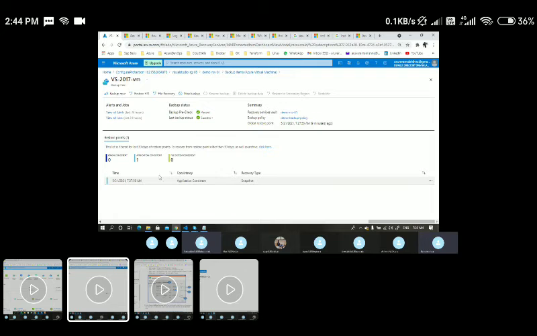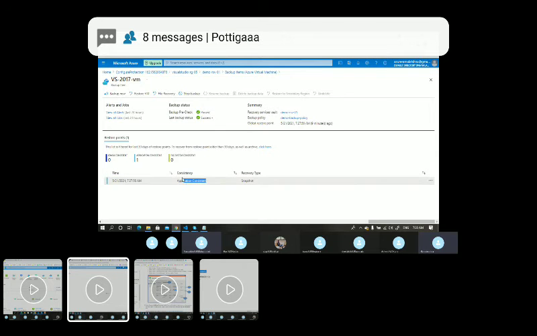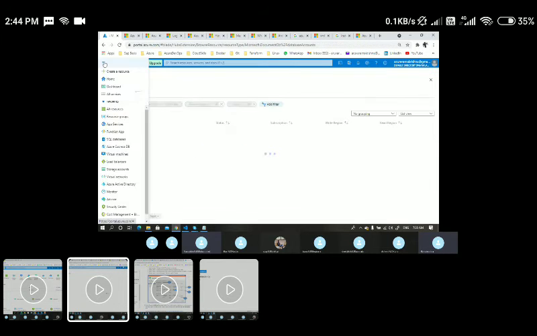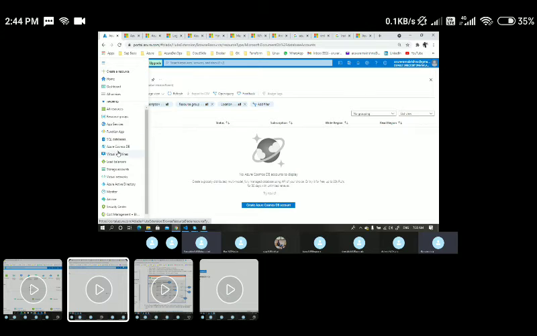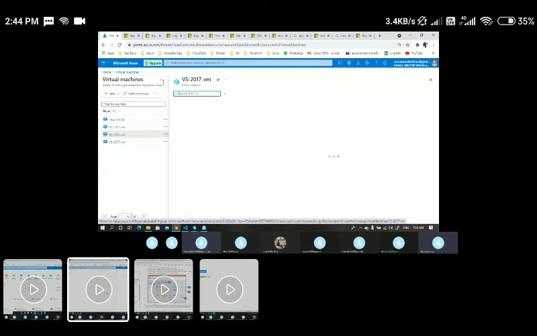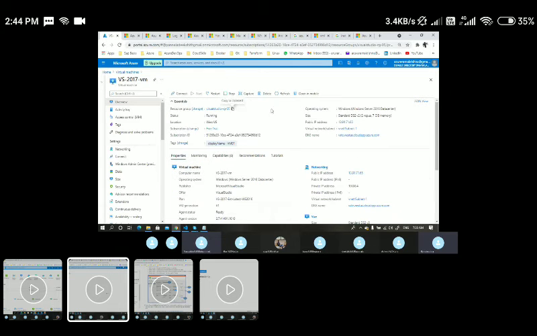And here you could see we have taken a backup which is completely application consistent. Let's say my VM got corrupted. Maybe I'll go back to the VM in just a second. Let's say this is my VM, which is up and running. Let's say somebody has done some activity here and this VM is corrupted, and I have some important data in this VM. I wanted to restore it, or maybe I wanted to create a new VM.